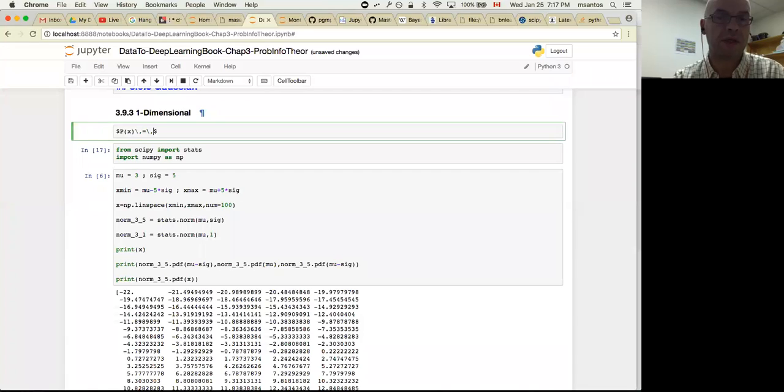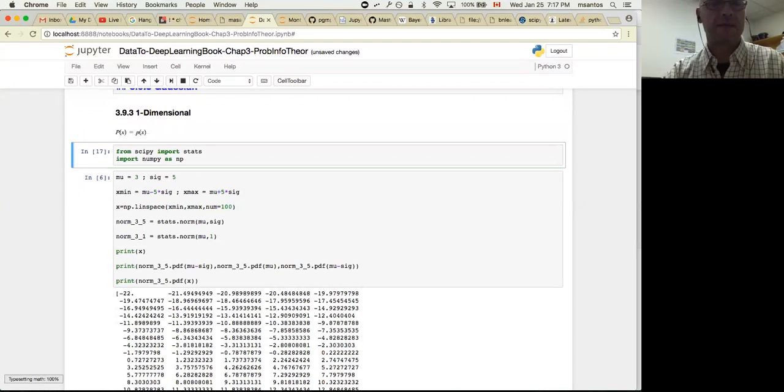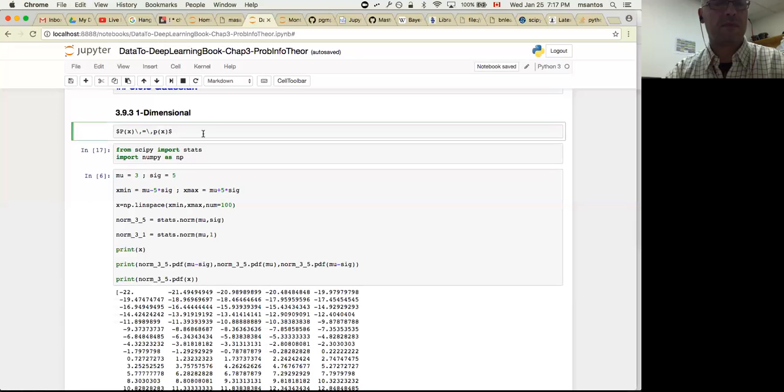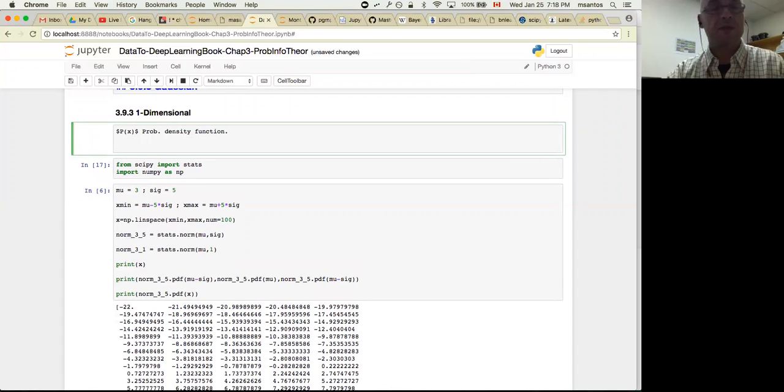Let's concentrate now on a continuous variable. In the case of a continuous variable, the variable can take up continuous values, the real numbers, and not integers. And then what we have is a continuous function describing the probability. This would be the probability density function. And they distinguish between probability density function and probability mass function, the probability mass function being for discrete variables. And in the case of continuous, they say probability density function,